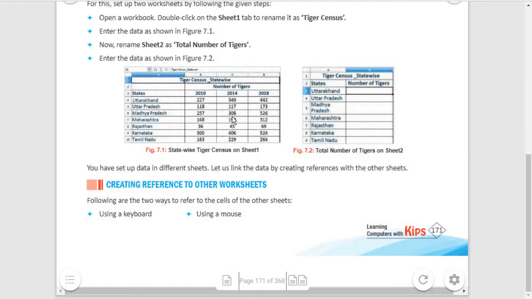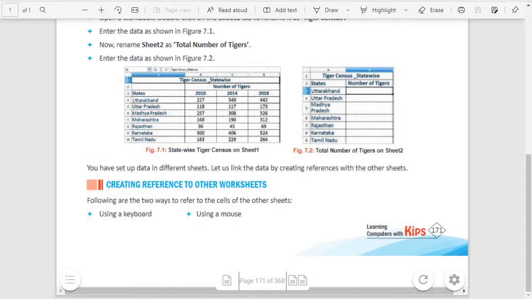I want to update these numbers automatically. How will I do it automatically? If I apply the linking feature in between these two sheets, then it will add automatically.